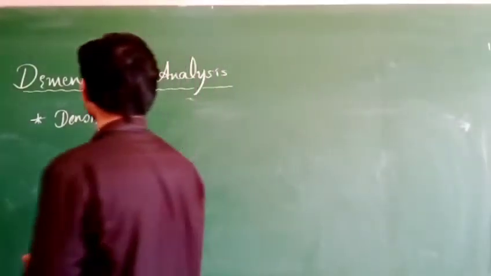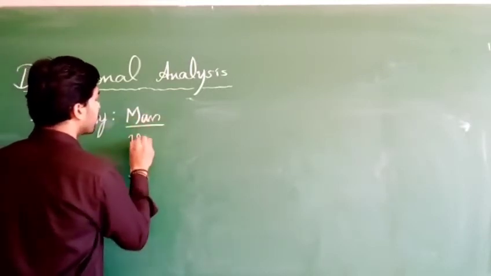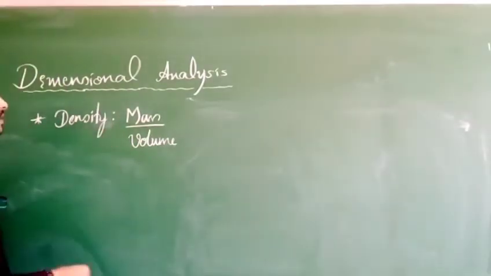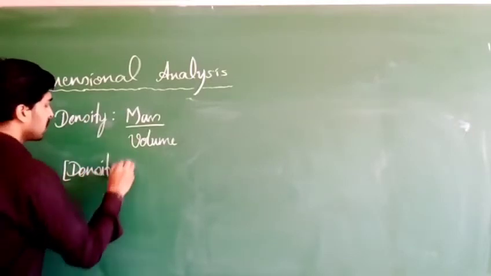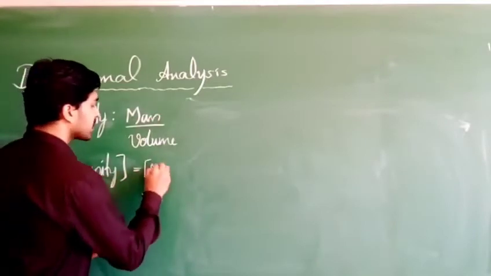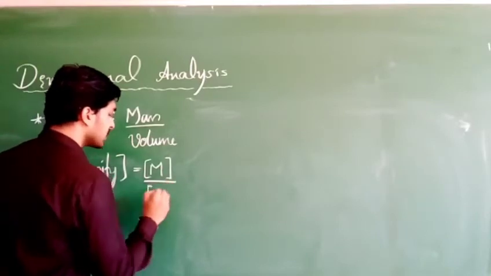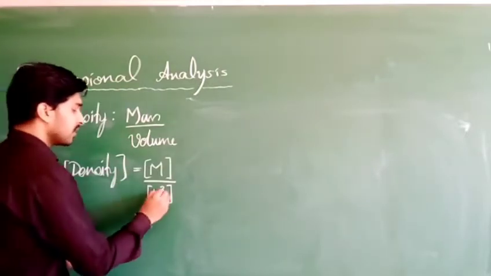So this density can be defined as mass contained in a body per unit volume. Okay, so density is nothing but mass by volume. Now we are going to calculate the dimensions of density. For mass we will be treating it as capital M, general notation. For volume, volume means L cube. Already we had discussed: length into breadth into height. This is L cube.